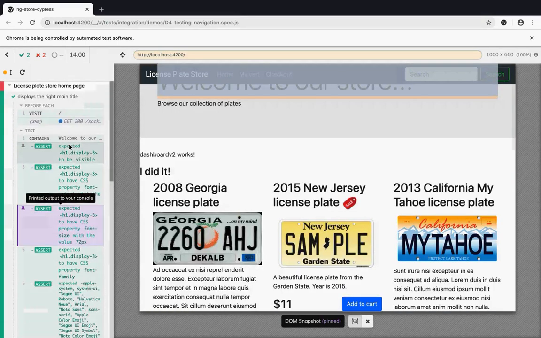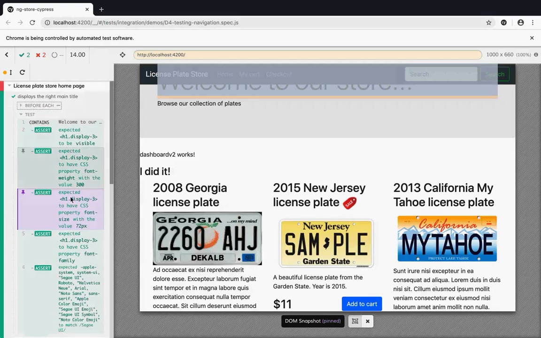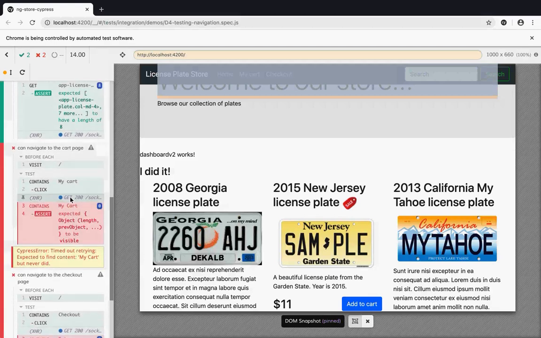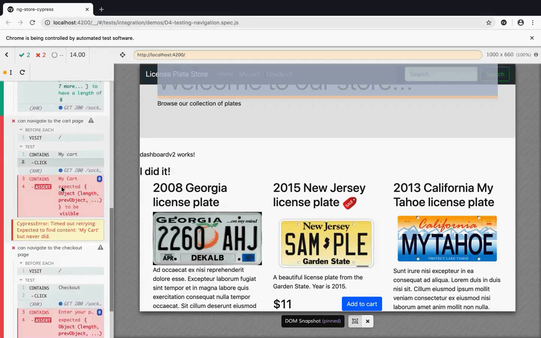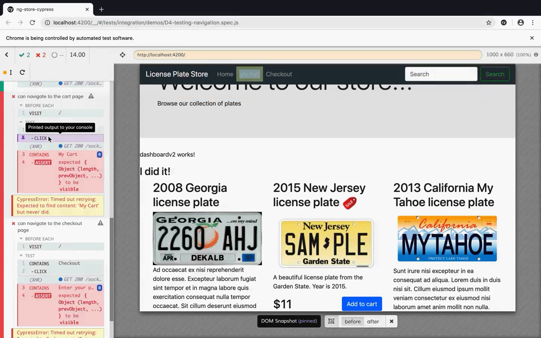Another thing that it does when you have some instructions is it can show you before and after. So before you clicked and after you clicked on something, so you can see the transition and what happened as a result of the click. That's an example here. So that's the click instruction that was supposed to click on the My Cart link. So before, that's what it looked like. After, that's what it looked like. So there was no transition because, well, I don't have the cart page implemented yet. But if there was something different, we would see it here.